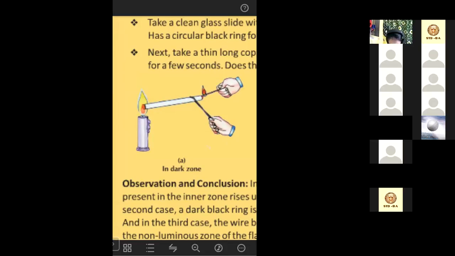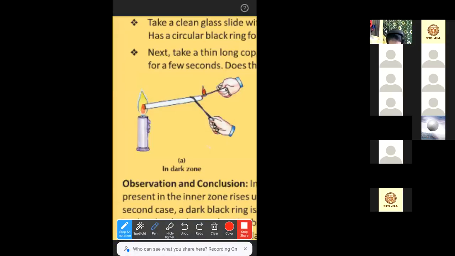So what will happen? The wax vapor will flow through this tube and flow out. Now if you hold another candle at the other end, what will happen? You can see it clearly in the picture. In that case, the wax vapor will act as a fuel for burning, and it will help to burn the other candle or any substance that we are using. So if we keep it here, it will keep burning, right?